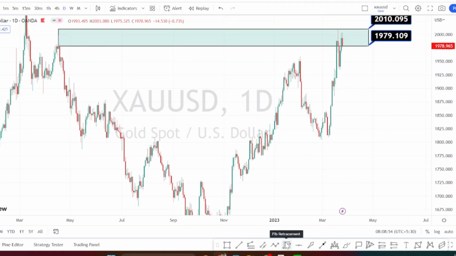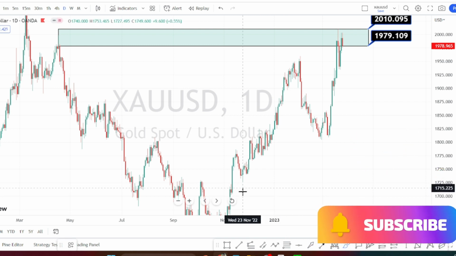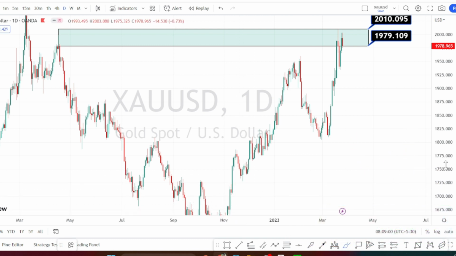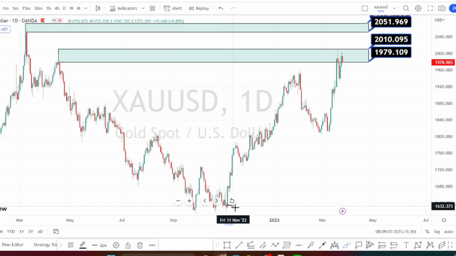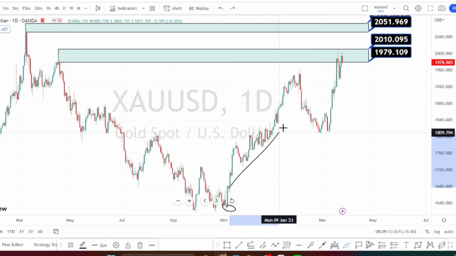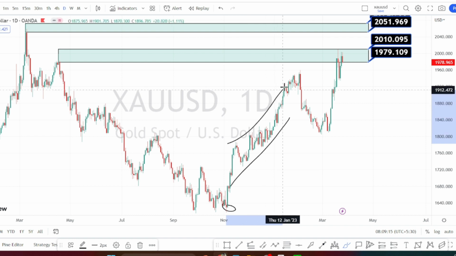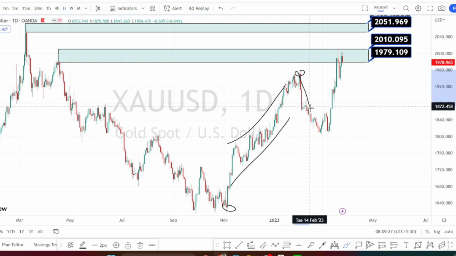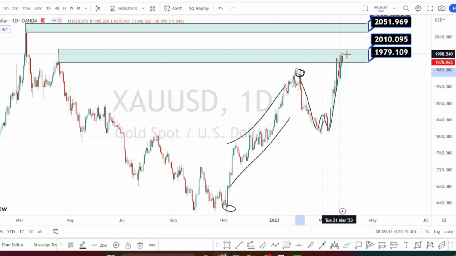I'm in daily time frame now, and when we look at the price action in daily time frame, we have noticed a price action to bounce back from the support level of 1617 and to sharply rally on a very strong bullish trend. After testing the resistance level around the level of 1960, we have noticed a price action to retrace to make a double bottom pattern and again broke the previous high and tested the resistance zone between 1980